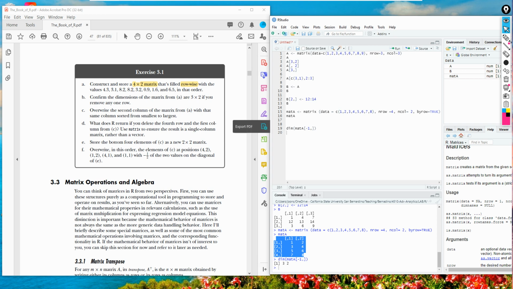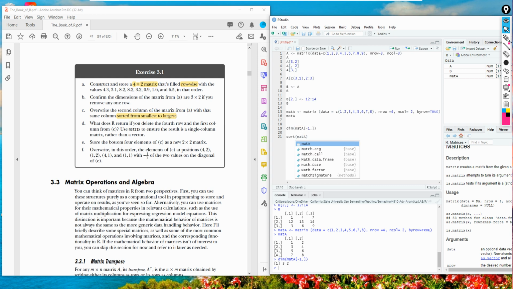First I have to sort from the smallest to largest, so I use a sort function, and for the argument, matrix A.